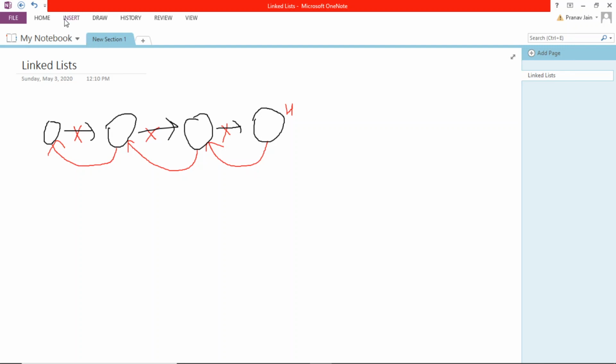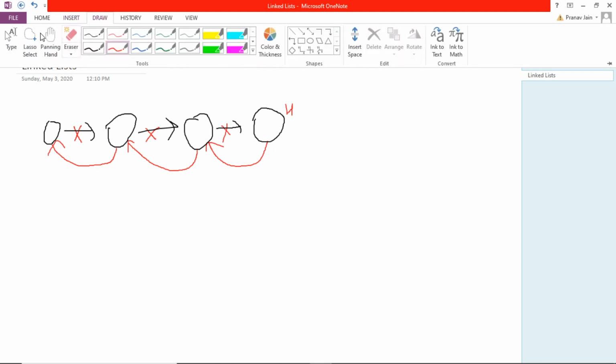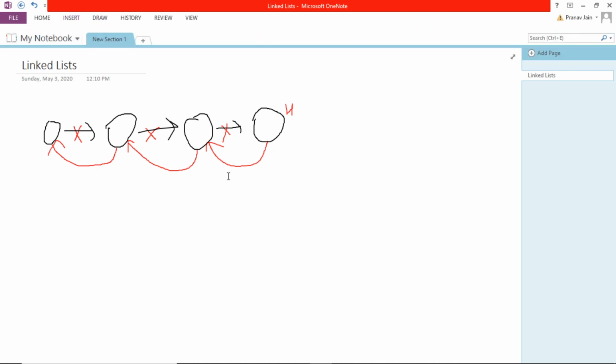So for doing that, we would have to think of some way. Let's take variables previous and current and next. These three would be our pointers.